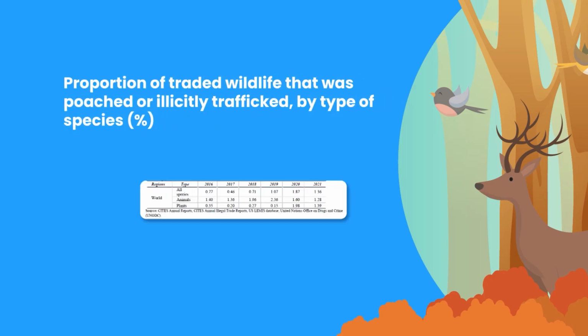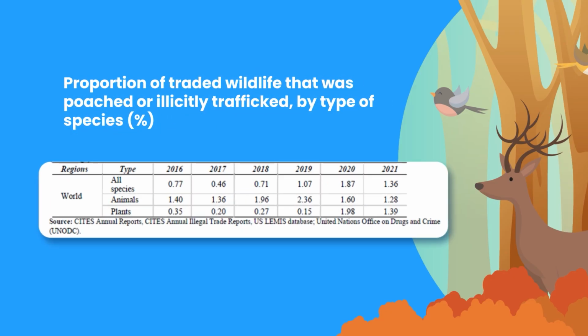It is not going well in the sense that it used to be less, and now it is increasing from 0.77 to 1.3. That is my concern, that the trafficking is increasing. Certain threatened species may have high social value, in terms of medicinal value or otherwise. That may be the reason.